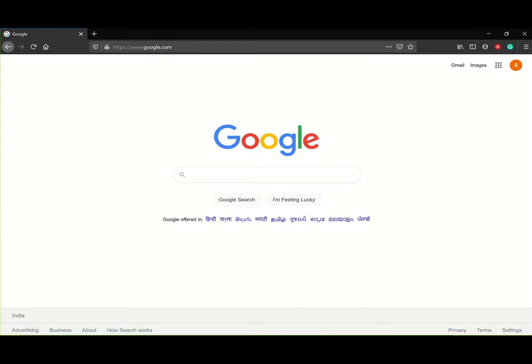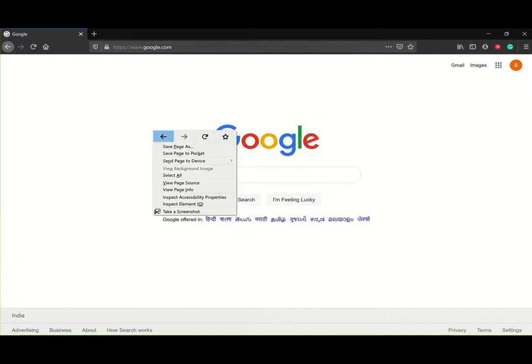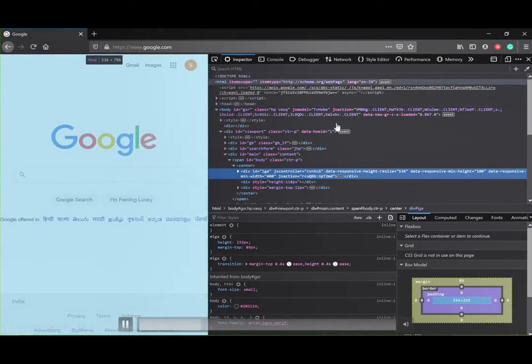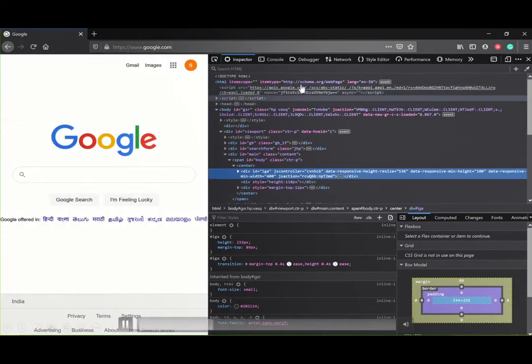And most importantly, if you want to inspect an HTML element, just right click on a blank area of the page and choose Inspect or Inspect Element to see what elements are made up of. You will see both the HTML and the CSS. This is the HTML coding panel and this is the CSS for the page. By moving the cursor on the coding panel, you can clearly see which area is intended for the respective element.